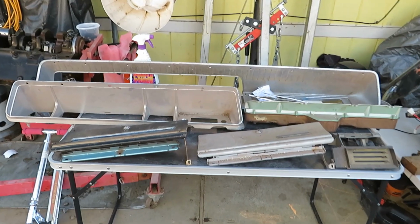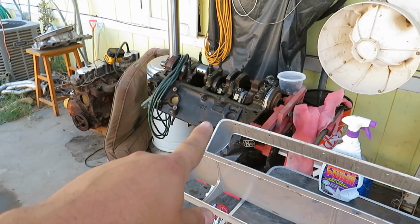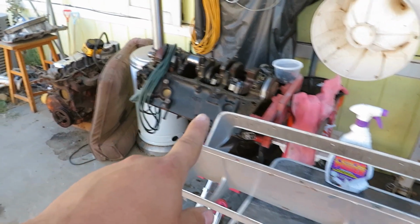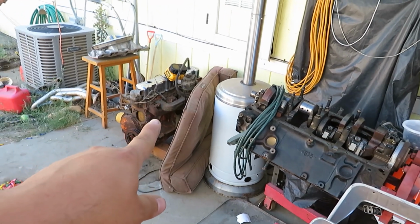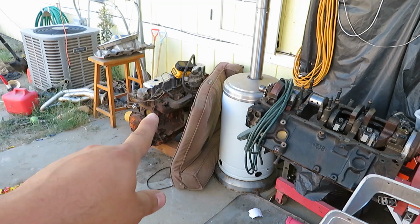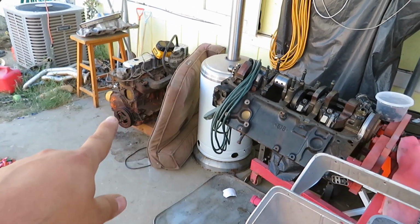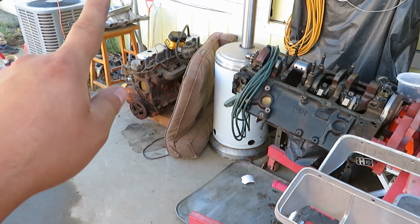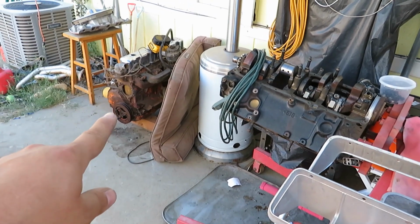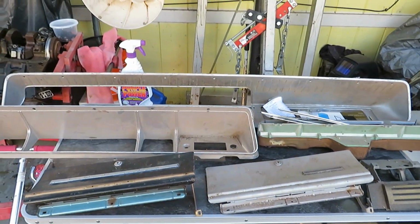Alright, so this is what we got here. And excuse the mess. Building the little chopper for my kid. Got an engine, gonna rebuild that. And then right there, that inline 6 is gonna go in the 52 Bel Air Deluxe. And the guy that owns that car knows how to do body work and paint. So I'm gonna build that motor, put it in his car, get his car running. He's gonna paint the Impala, so excited for that. But back to the